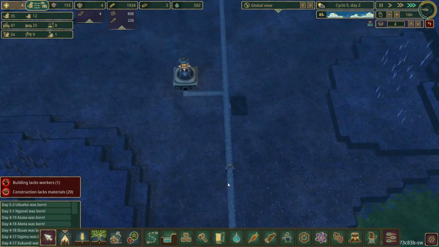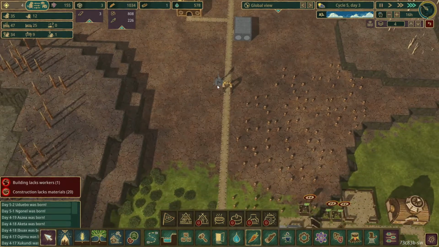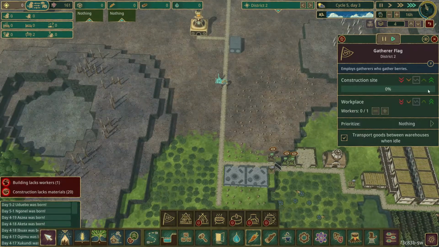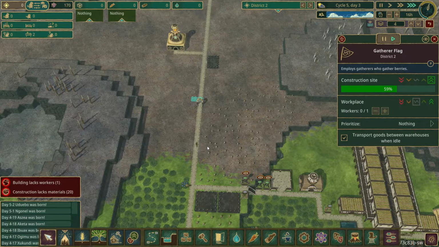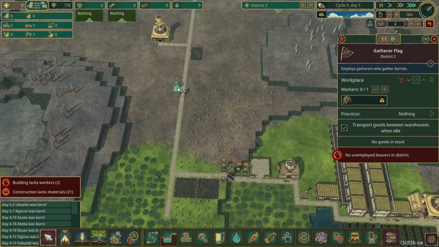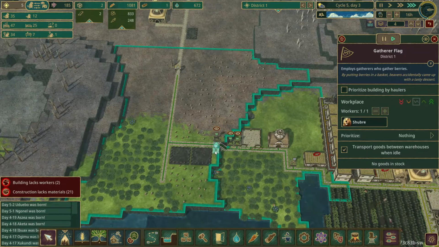We're also going to get ourselves a gatherer flag in here also, like that. Hopefully when that gets built, it should actually get built by one of these guys over here, because they can actually reach that, which is kind of crazy. There we go. And then we can see what kind of range it has. So that actually allows us to get some of those berries. So what I'm going to do is I'm going to pause this guy over here,